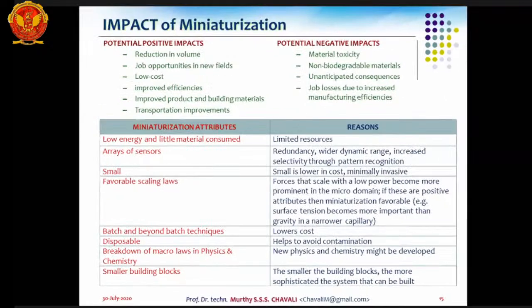In addition to that, they also have some negative impact. Some materials may not be biodegradable, but the minimal effect can be ignored and it can be utilized in a better way. Material toxicity is another thing, and job losses because of integration, automation and robotics come into the picture while preparing miniature devices. All this can be understood, but more advantages than disadvantages made a way for this to get into